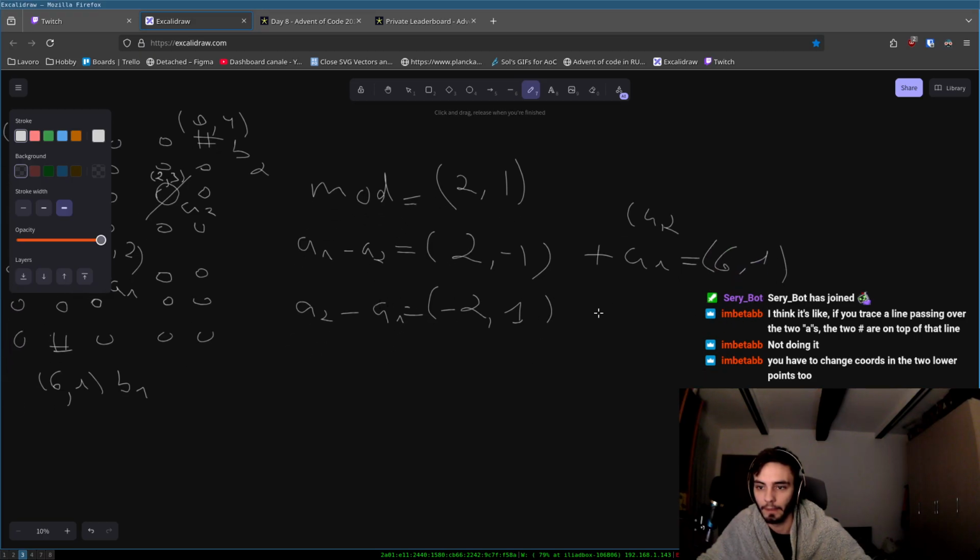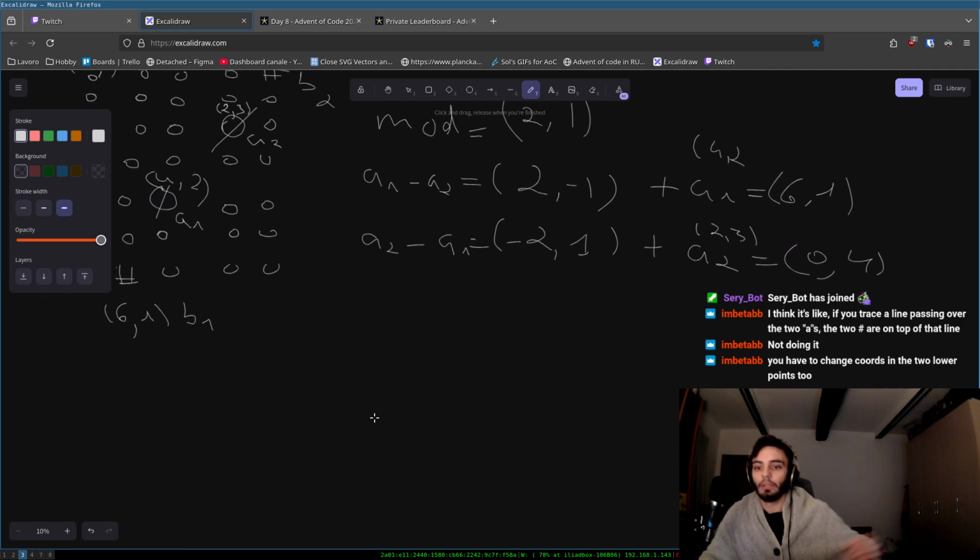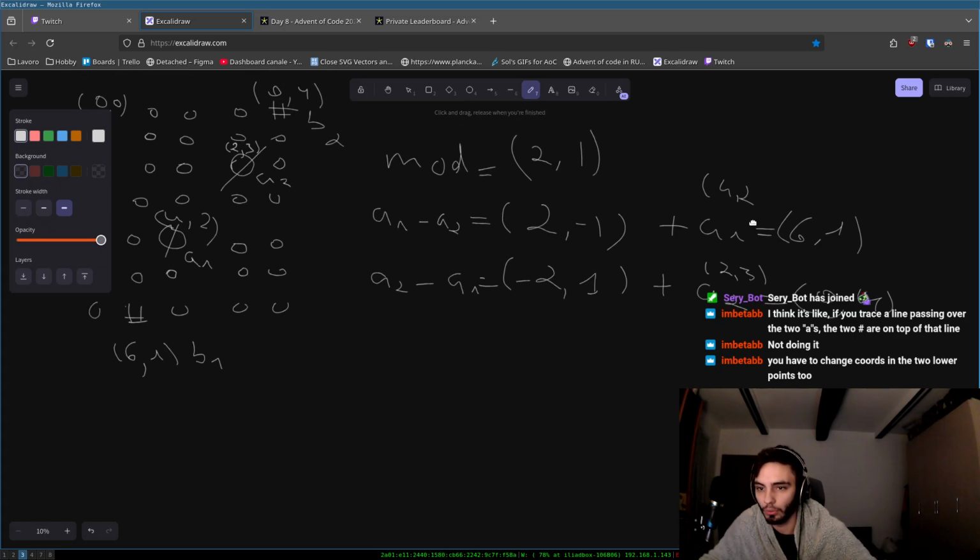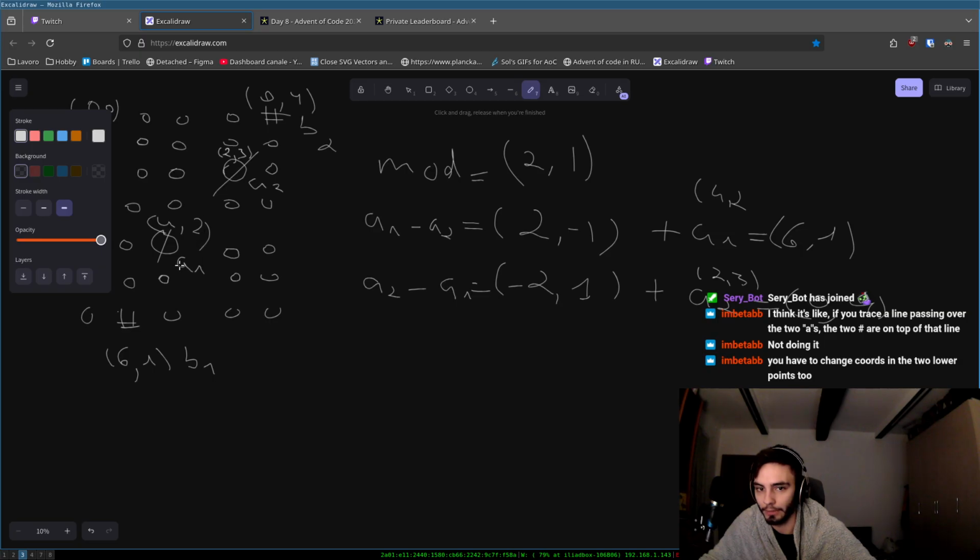Okay. And in the similar fashion, if I sum up with A2, this should give me B2, because A2 is 2, 3. I subtract 1, it's 0, and I add 1, it's 4. Okay. So my formula would be, yeah, this is the formula, which would mean to get the antinode on the one I'm standing,